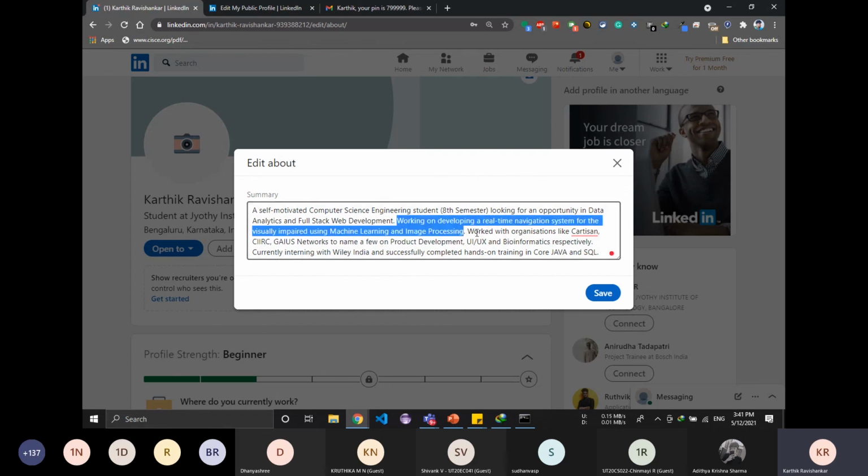And then I have mentioned my internships in the past, but when you're starting off, you need not have internships. You can not have internships, which is most expected. At least I did not have an internship when I was in first year. So you can just leave that blank, or you can just say I am keen about some particular technology. For example, keen about learning machine learning, keen about learning data analytics, keen about learning supply chain management. So you can just mention that here. So 3 to 4 sentences will be ideal. It'll be perfect. I know there is not a lot to fill right now, but